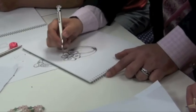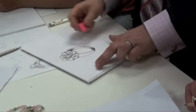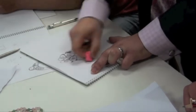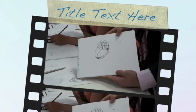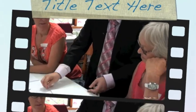Nice to have one beautiful ring. You can start rubbing out lines. They're lovely stones. Now it just looks so much better. Look at that. That is excellent. That's exactly how I wanted it. Yeah. So that's basically